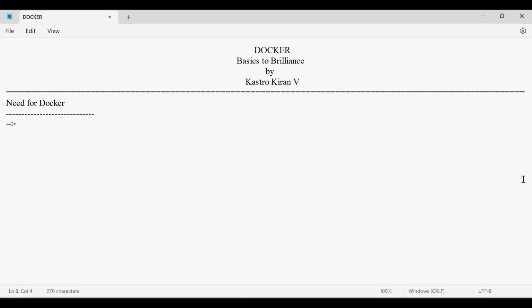Now, currently, let's say that for any application, we will have three layers. What are they? The first one is known as the front-end component. The second one is known as the backend component, and the third one is known as the database, which we discussed in the last video.